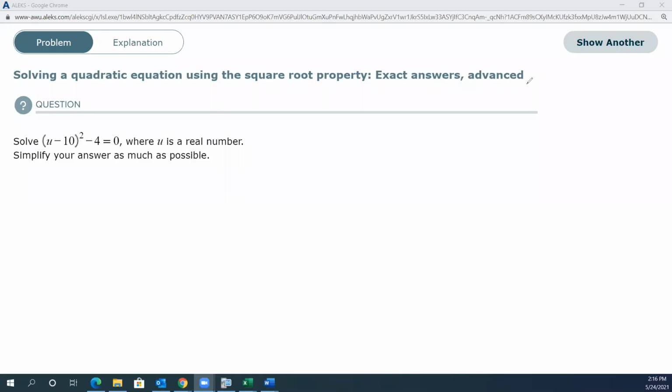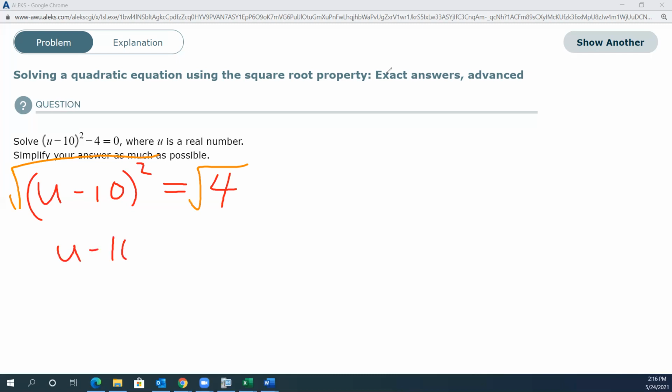Now on this one, there's more than one way to do it. The direct approach would be, hey, let's square this out and then subtract 4, combining like terms, and then run it through the quadratic formula. However, there's an easier way, just because of the way it's set up, which leads into the next couple of topics. If I add 4 to both sides, I get that. Now notice, the entire left side is something squared. So if I square root both sides right now, all I get is u minus 10 on the left,